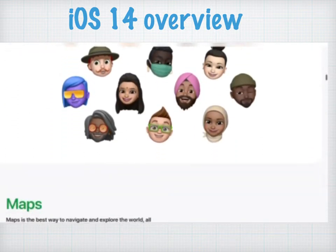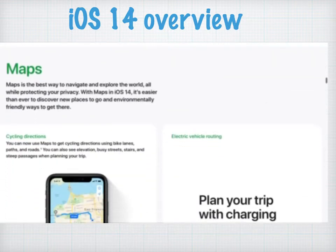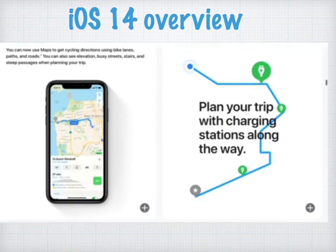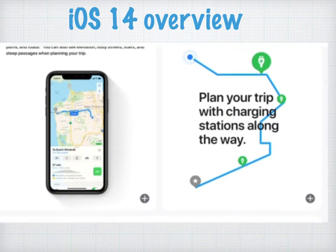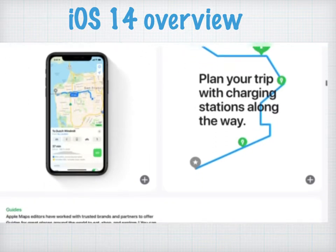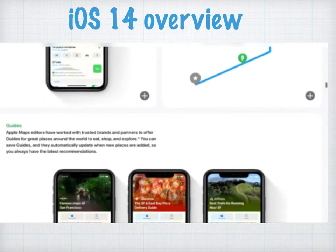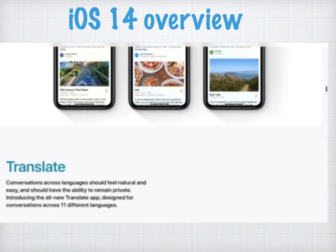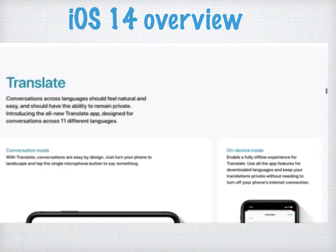Some new emojis. Maps have got a lot of changes. You're going to get directions for cycling. If you have an electronic vehicle app, the iPhone will automatically pick it up and give you charging stations along the way. And there are a lot of the guides that show you specific cities. So if you're traveling,